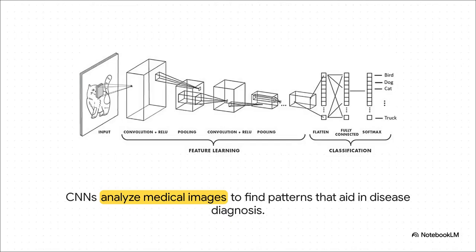And, no surprise here, the solution is automation through deep learning. You take something like a convolutional neural network, which is basically a super-powered pattern-finding machine. It can look at thousands of medical scans or sift through mountains of genomic data and spot these tiny patterns or anomalies that are completely invisible to a human doctor. But those little patterns, they can be the critical signal that tells you what's really going on.